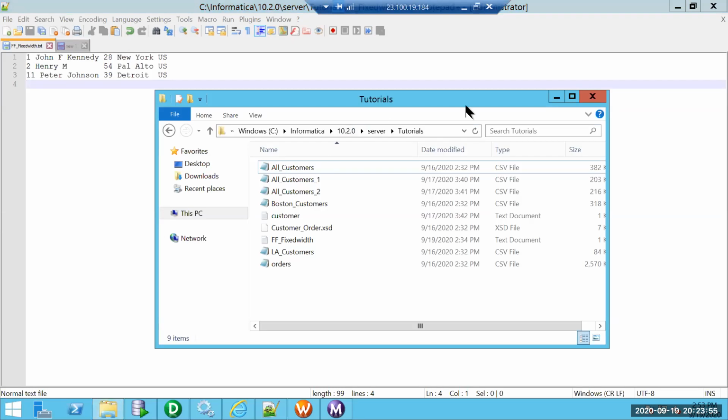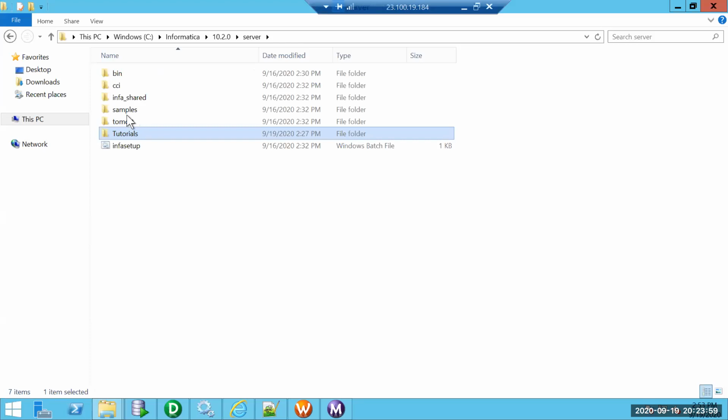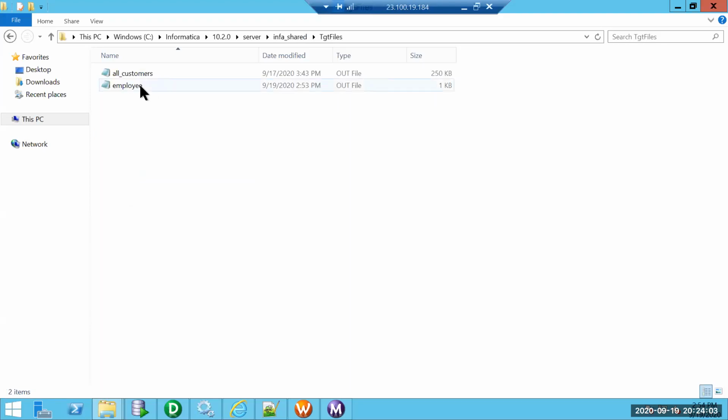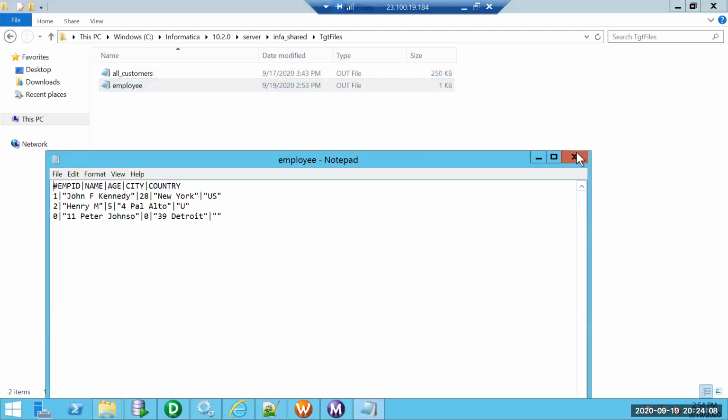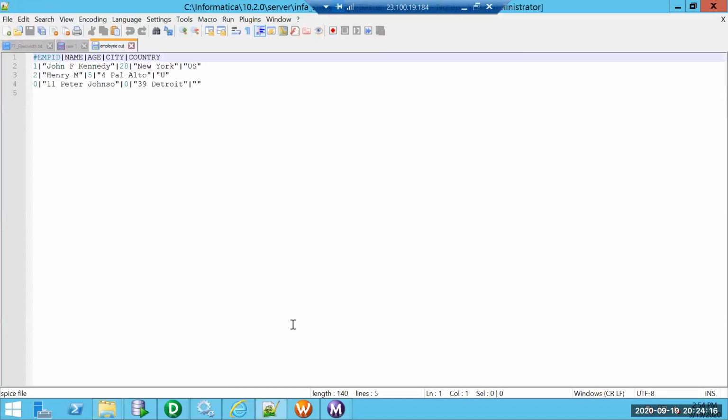Let's see the target files location and see how the data is appearing or written in the file. So it is employee. Perfect. Now it is properly delimited. Let me just pull that here. We can see the data is not having spaces, whatever is integer.